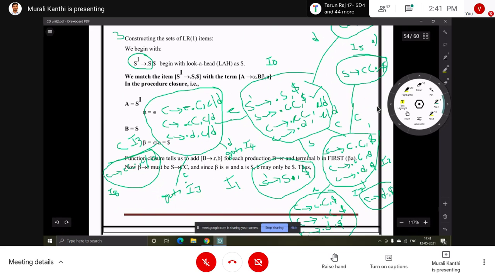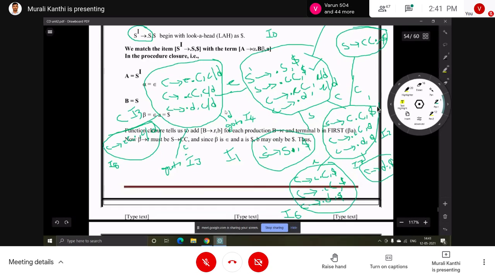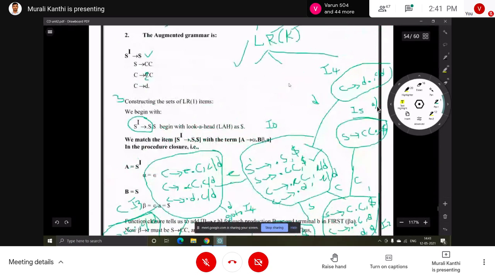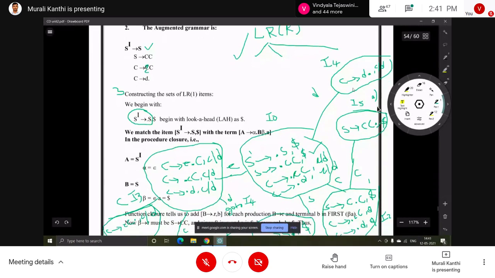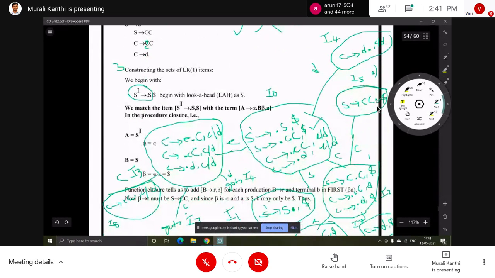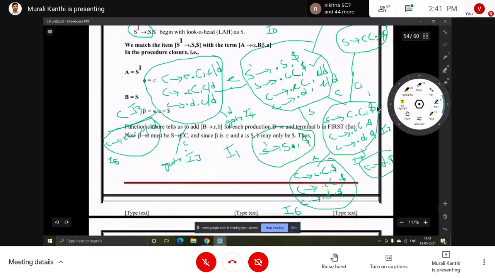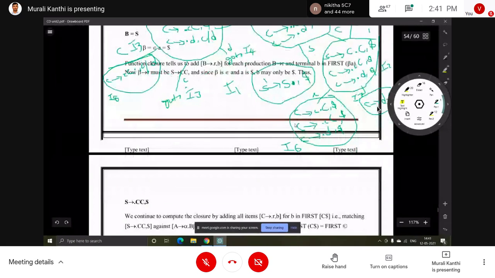Next to I4. Here is I4. After that no symbol, so we cannot apply goto function on this. Next to I5. Here also after that no symbol, so we cannot apply goto function on I5. Next to I6. This one is I6. Here after that some symbols are there.